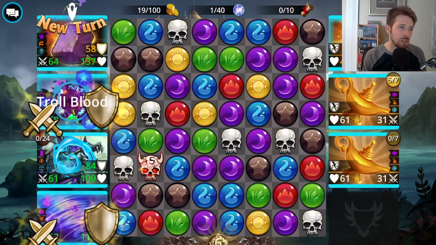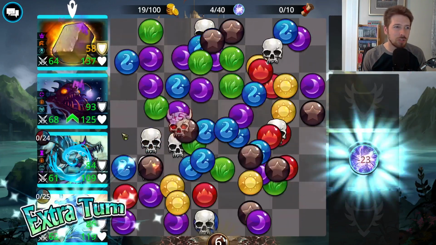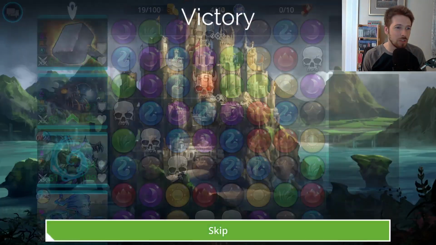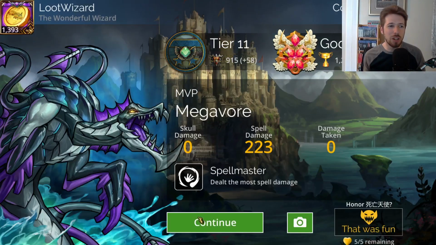All the armor was eliminated, as you can see. Now, if you wanted to, you could do this with Mistralis. Just do some extra damage, get an extra turn. But you can keep cycling Sycorax so that you can...